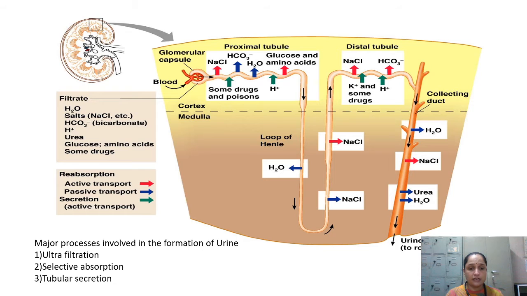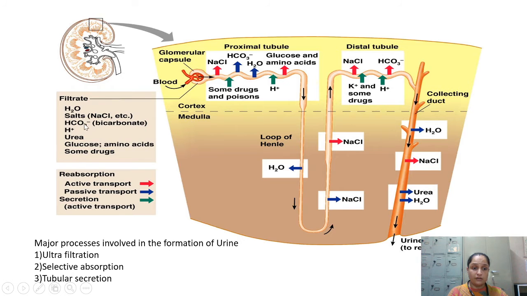Okay, this is the detailed diagram. And now once again we are going to talk about the processes which are happening over here. The first process is happening in between the glomerulus and Bowman capsule. Some content from the glomerulus is going to ooze out because of its thin wall and high pressure. It will reach the Bowman capsule, and this process is known as ultrafiltration. And the substances which came into the Bowman capsule are known as filtrate.